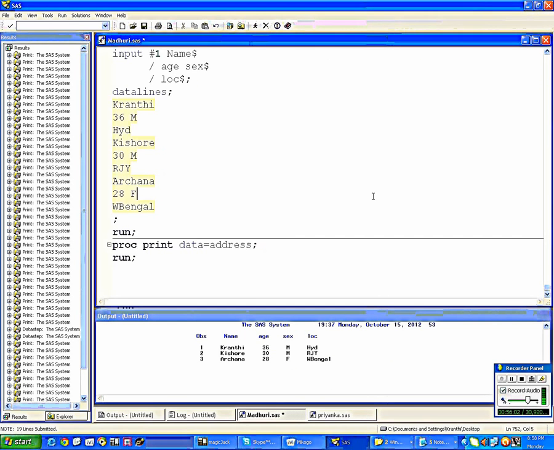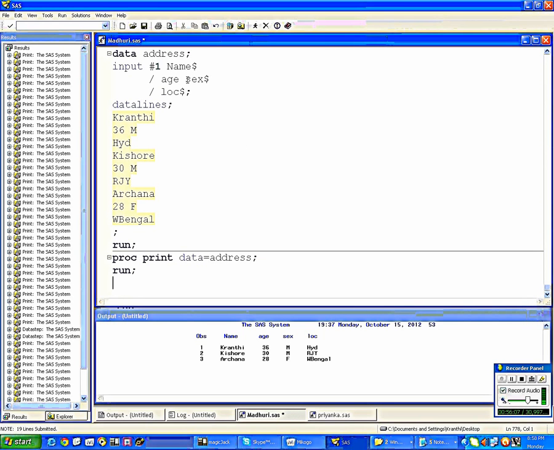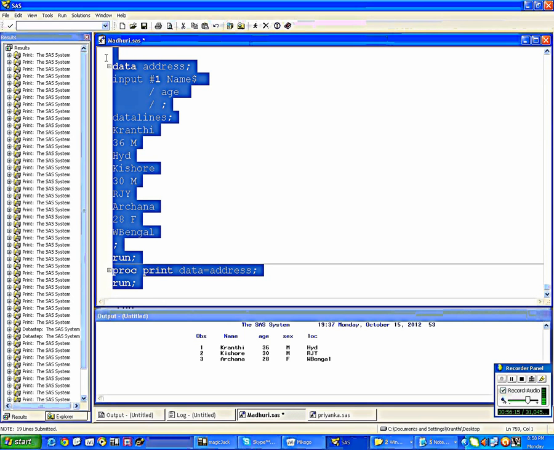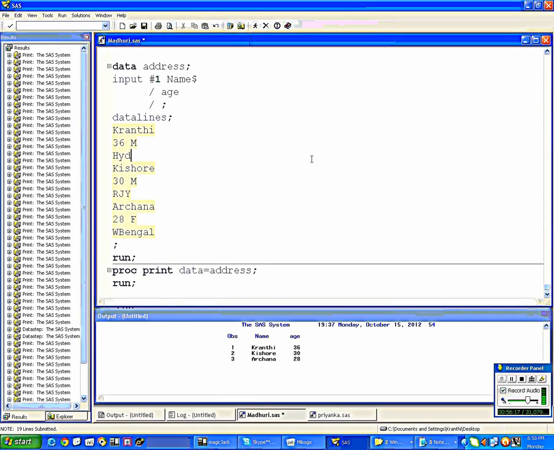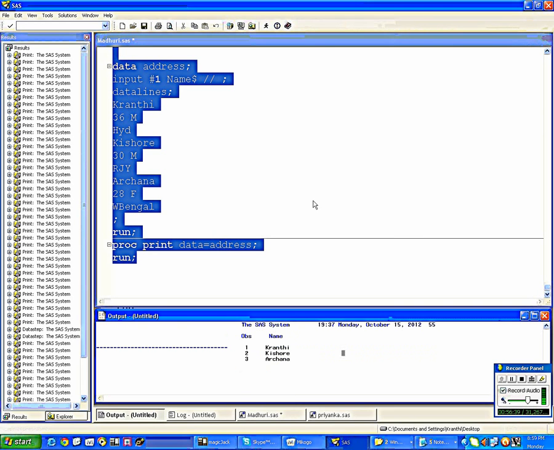But there is one more advantage with this one. You can select also. See, I don't want the sex from the second line. Then I don't want the location from the third line. See, you got only the name and age. You got the name from the first line, and the age from the second line. Okay. So there is an advantage. I want only the name. You simply write name. Then nothing in the first line, nothing in the second line also. Anyway, it is a single statement. Okay. You got only the name.